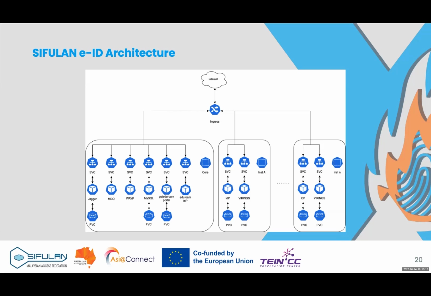And does SIFULAN provide this service over V6 or just IPv4? At the moment, it's only IPv4, so we lack IPv6 expertise. But theoretically, because Kubernetes supports IPv6, I believe. So as long as